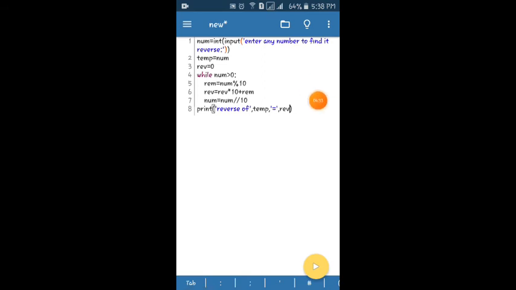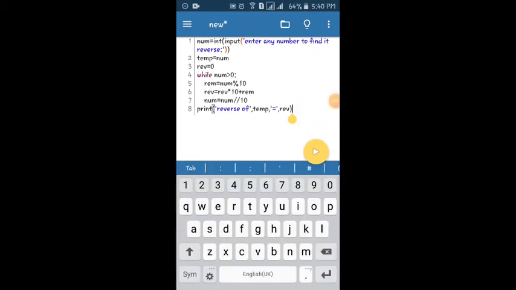You can also do it using string functions, like slicing the string. By using slicing of a string, we can reverse any number very easily. So let us see how to reverse a number using a string function. I will use the same input that was entered by the user in this statement.